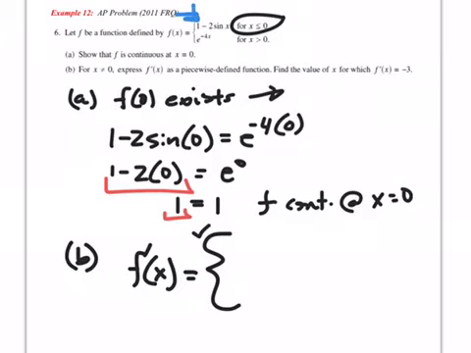Okay, let's just look at the right side for right now, and I'll show you the left side in a second here. Well, the derivative on the right side, or greater than 0, would be negative 4e to the negative 4x. That would be the derivative of this function if x is greater than 0. Okay, and you don't know